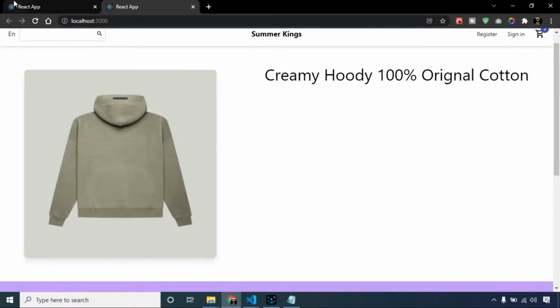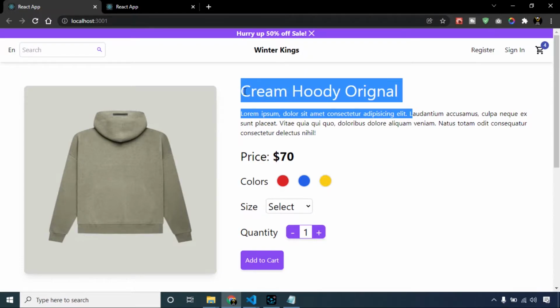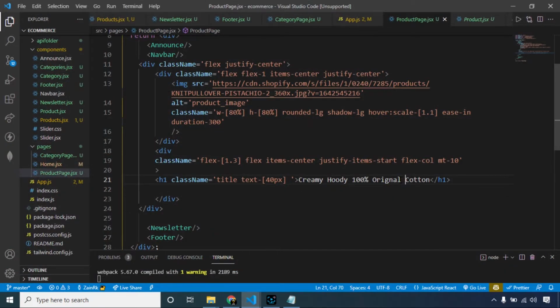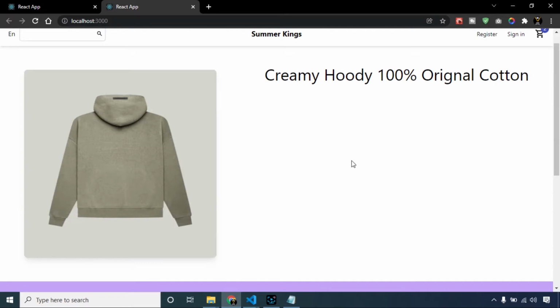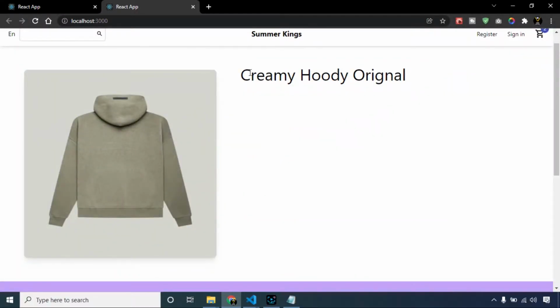This is much like the intended result, but it still needs correction. First of all I should remove the cotton and 100%, so it will look nice like this. Further, to make it at the start of our div, I should make it align items start rather than center. Okay, now it is perfectly aligned.